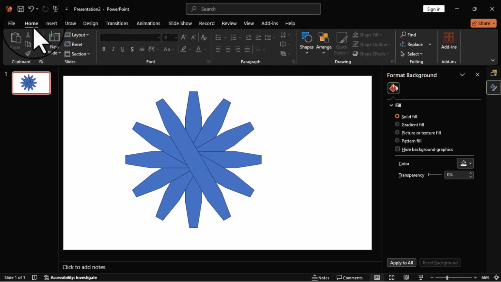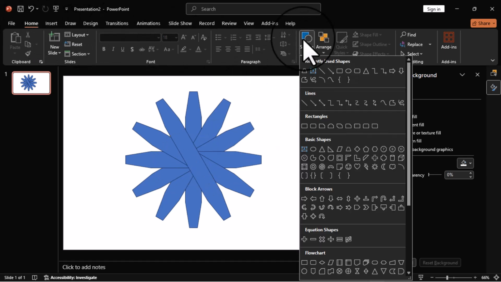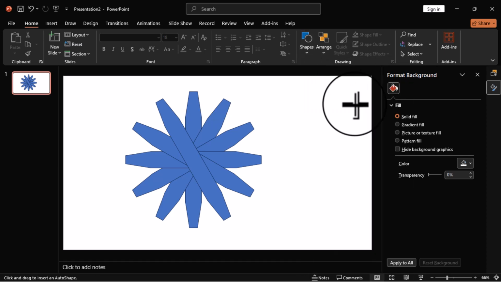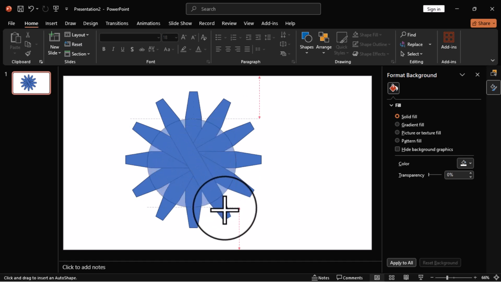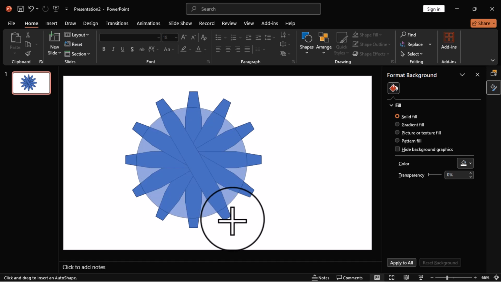So we move back to the home tab. In the drawing group, we select this and choose oval shape, and I'm going to place this pointer in this middle. I assume that I am in the middle of these shapes. Hold Ctrl and Shift, and then drag to draw this shape. So depending on the outline, you can look up to the outline of this circle to position this